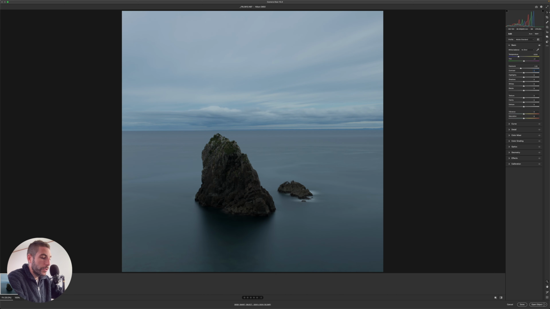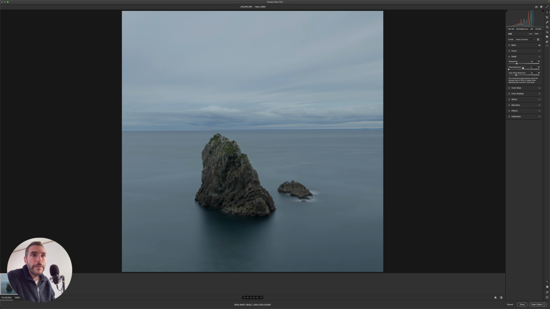Bring down the contrast to minus 40. Shadows to 60. Then I'm going to go to the detail tab and bring down the sharpening and the color noise reduction. Tick these two boxes as usual.